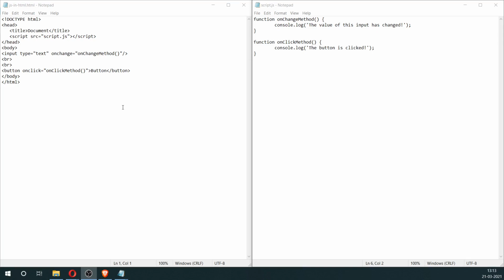In the previous video, we saw a small demonstration of how to integrate JavaScript into a HTML file. We saw that there are three basic methods to include JavaScript code into HTML files. One was just writing the piece of JavaScript code inside the double quotes here whenever we specify a certain event. And the other was to use the script tag in the head section and write the JavaScript code within the opening and closing script tags.